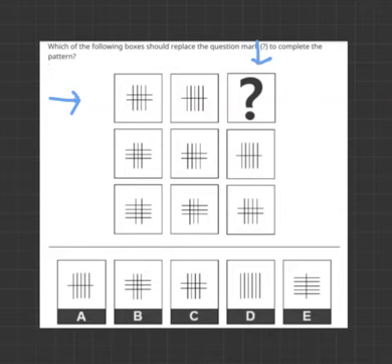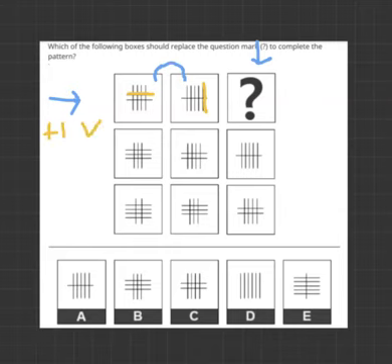Now I always break it up into the rows and columns, just to make it easier for myself, and it doesn't matter which you start with. So I'll start with the row. And looking at the first row, the first 2 boxes, I see that in the first box, there's an additional horizontal line. Whilst in the second box, there's one less horizontal line, but an additional vertical line. So I could make the statement and say, as the boxes move to the right hand side, there is +1